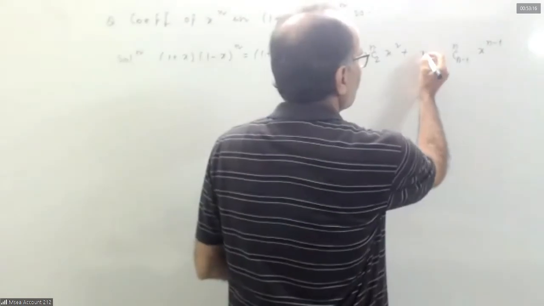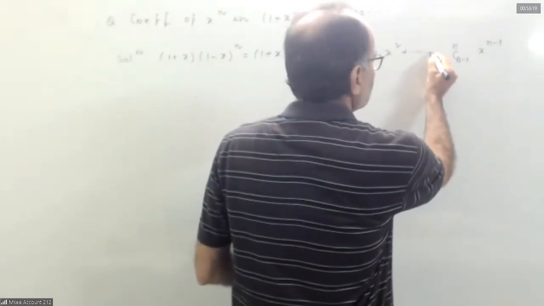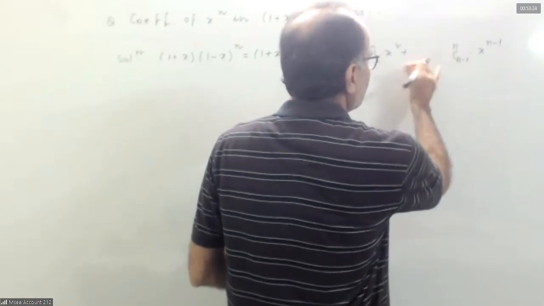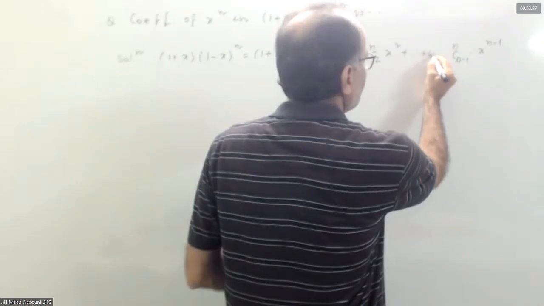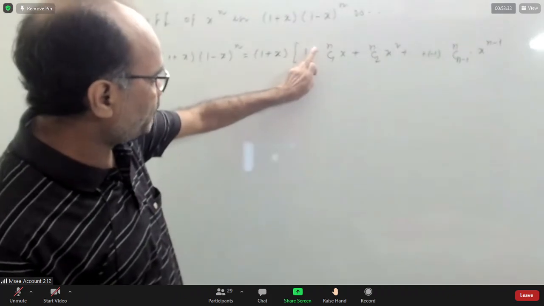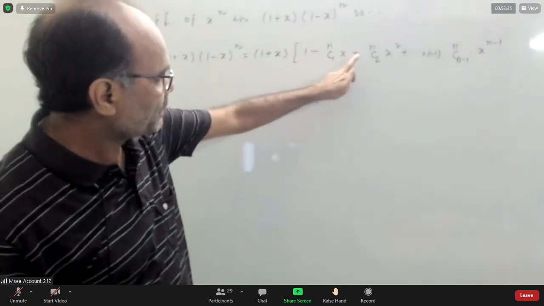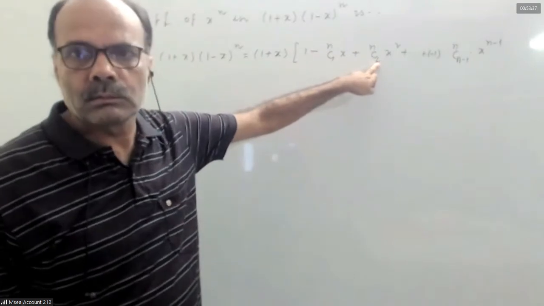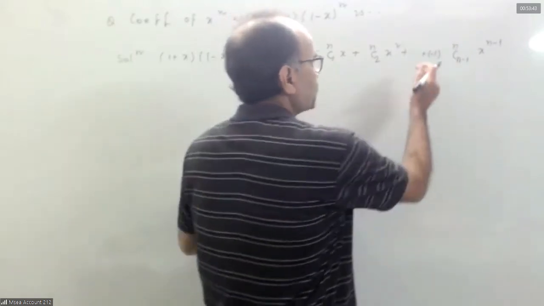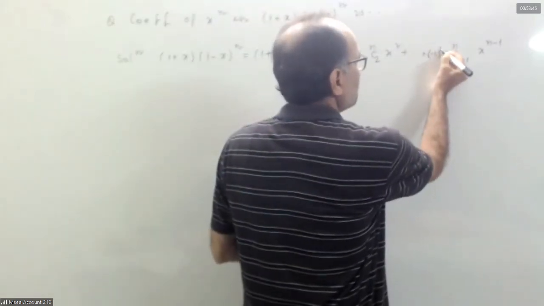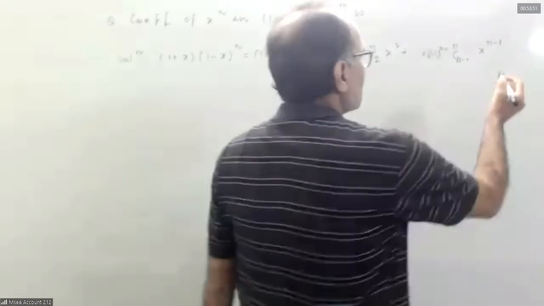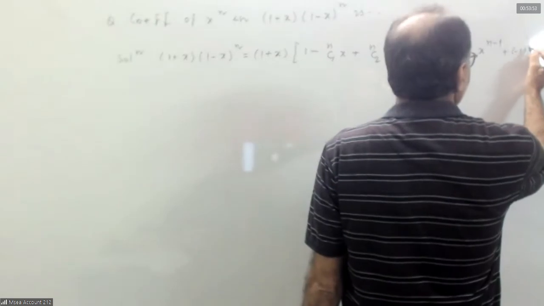Here it is minus 1 to the power 1, plus minus 1 to the power 2, so here it will be minus 1 to the power n minus 1. Just try to put it in sequence. Plus minus 1 to the power n into